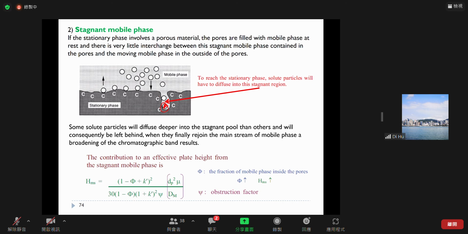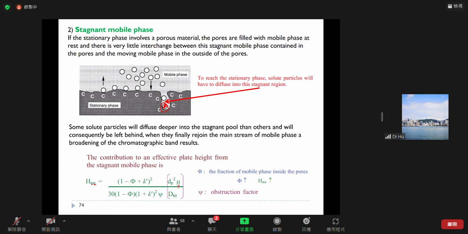Again, this is easy to understand. We can also estimate the HSM. So here M is mobile phase, stagnant mobile phase. And again it relates to dp, so this one is squared. And then mu, again this relates to the time, because the more time, the more they can reach equilibrium if the velocity decreases, right? Okay, and also because of